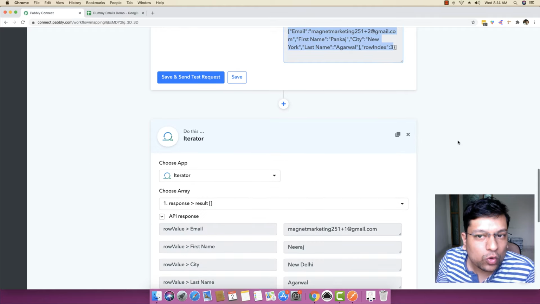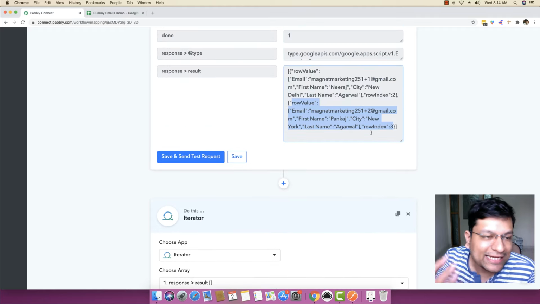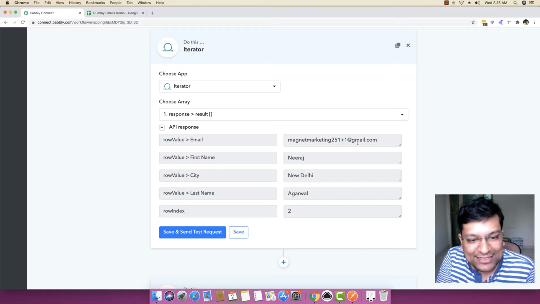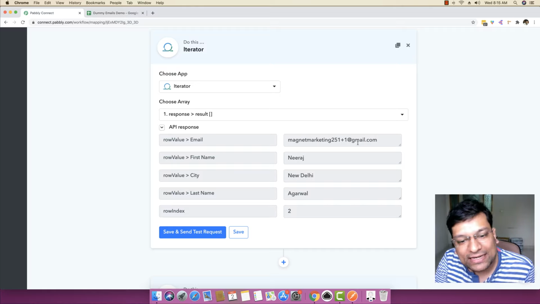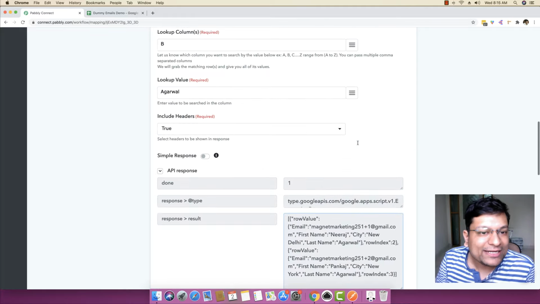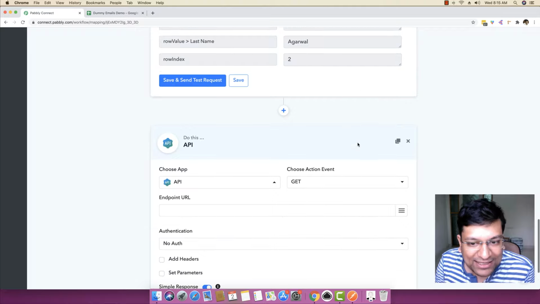The reason we want to go this way is that your lookup might give you multiple dynamic rows, and you really don't know whether it will be 1 row or 2 rows or 3 rows or 5 rows or 10 rows. It becomes hard for you to map the specific data. But if you go with advanced response and use the iterator, it will iterate and loop through the entire segment one by one, and send the data across to Google Sheet or wherever you want. I believe you might have understood this whole concept.